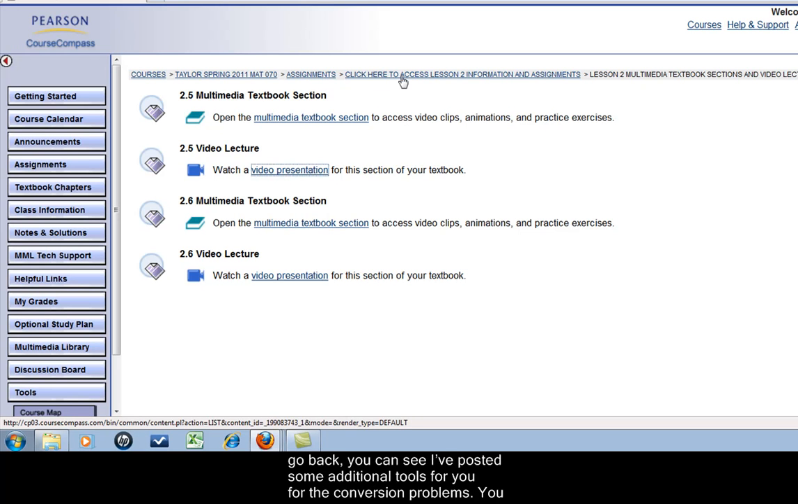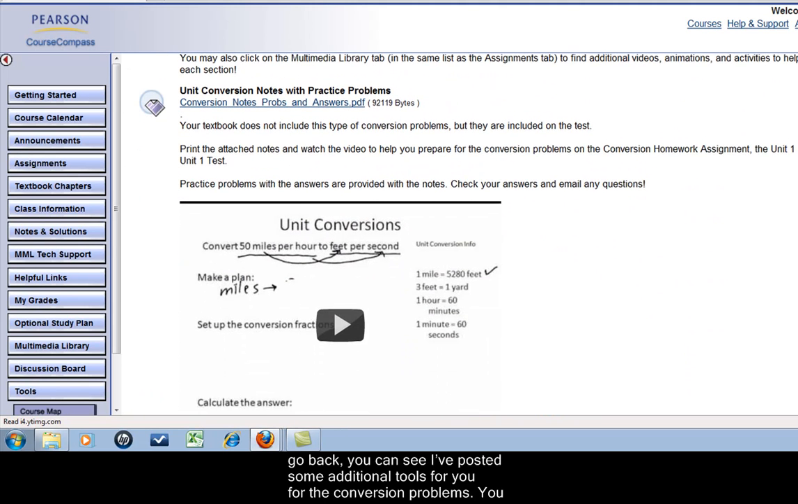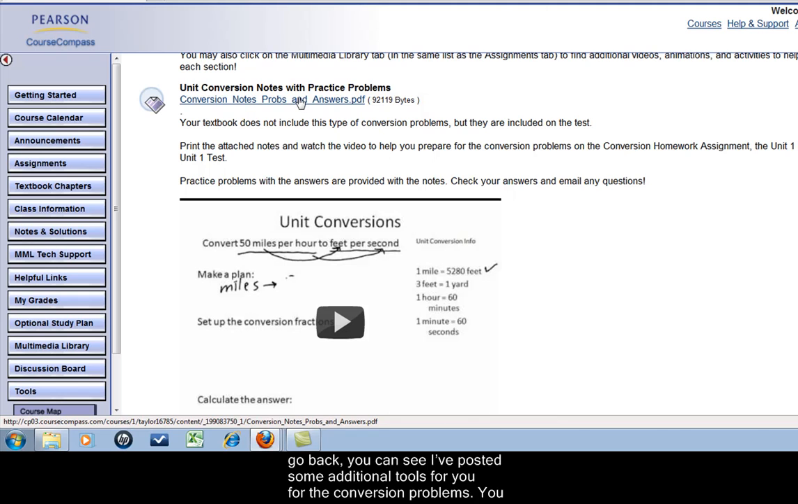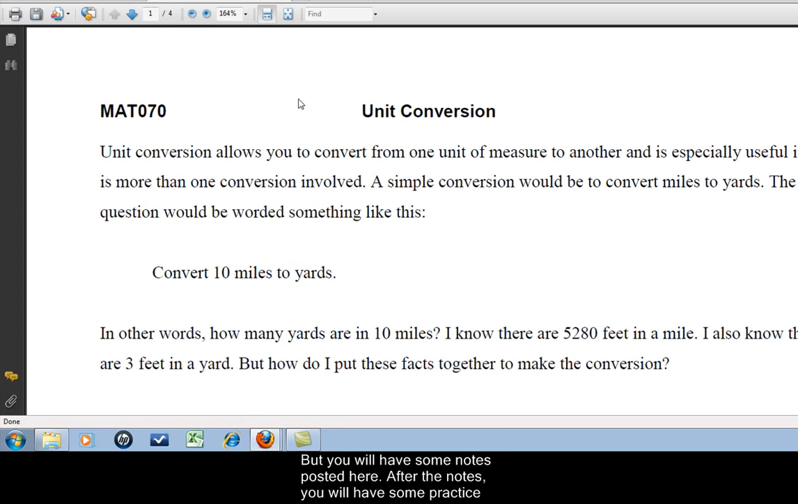If we go back, you can see I've posted some additional tools for you. The conversion problems, you will have a conversion assignment in my math lab. Now that's an assignment that I created, creating my own questions, so you won't have the learning aids available for you on those. But you will have some notes posted here, and after the notes